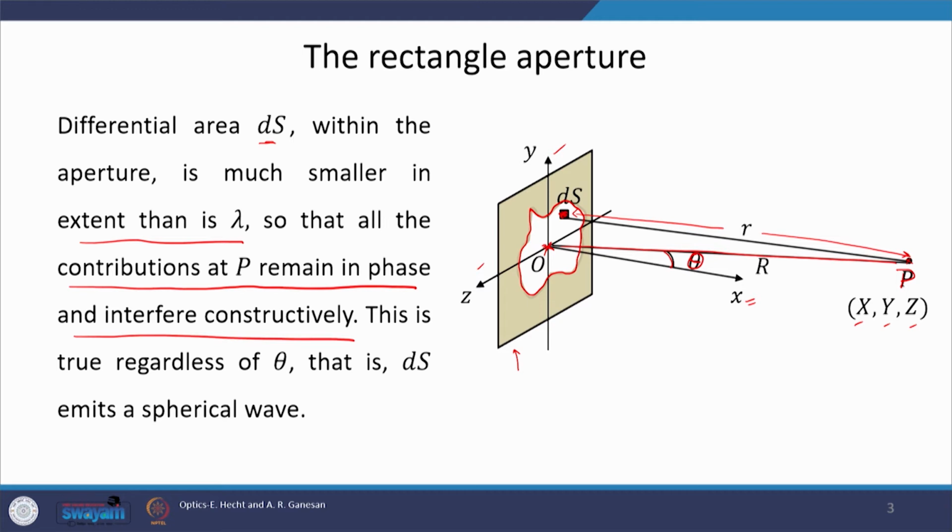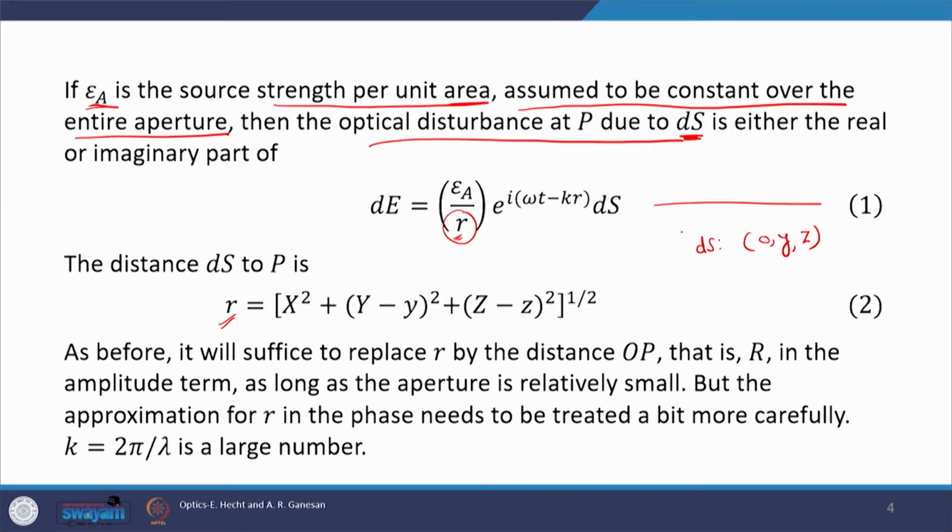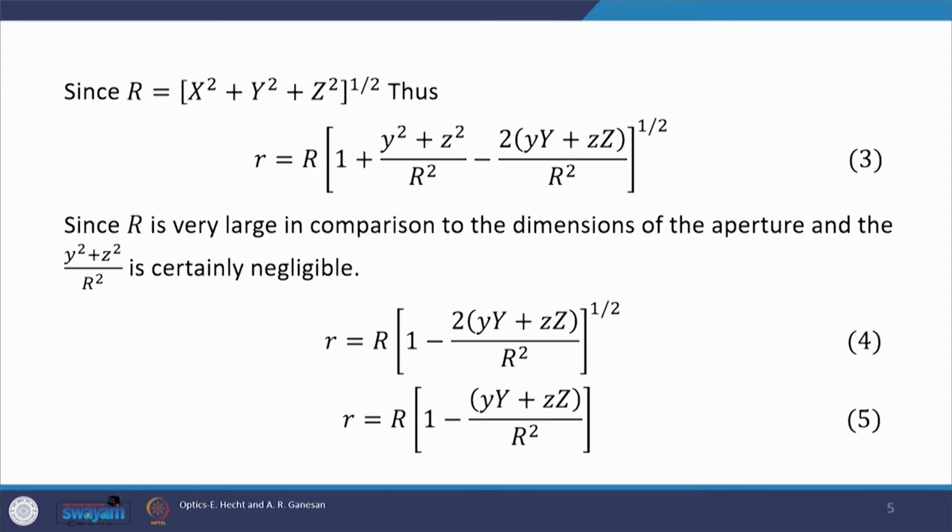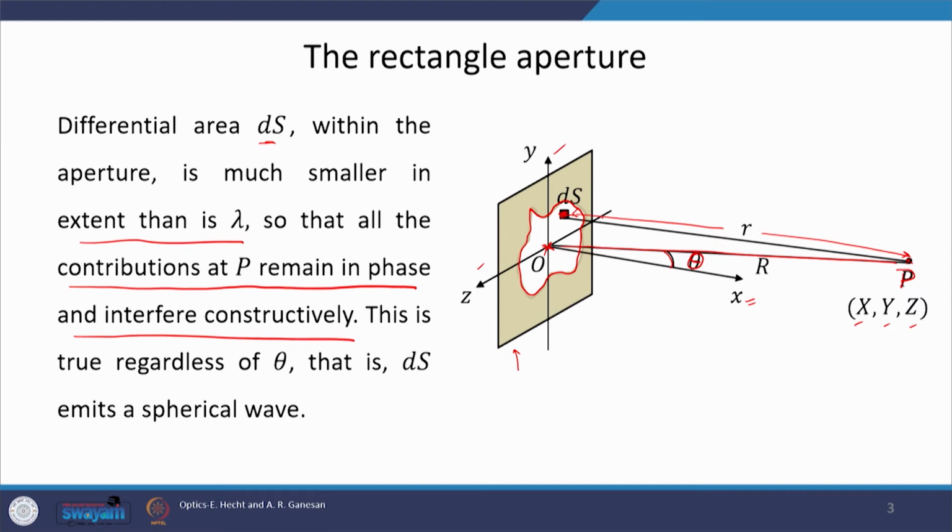Because the aperture plane is in the yz plane. Therefore, the x-axis value for any point in the aperture would be 0, and it is y and z which are varying in the aperture plane. Therefore, any point in the aperture plane can safely be given by 0, y, z. Once we know the coordinate of ds and the coordinate of point P, then the separation between ds and